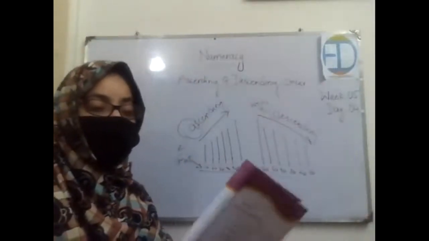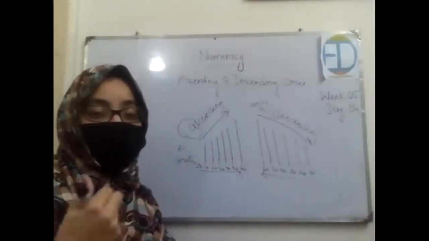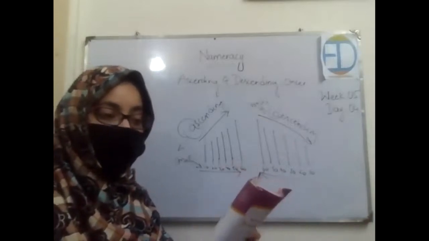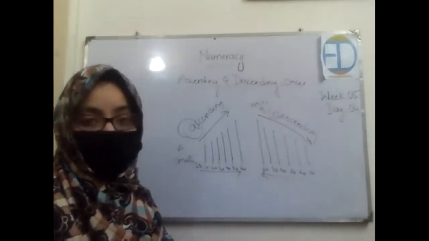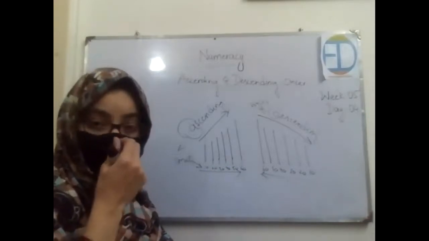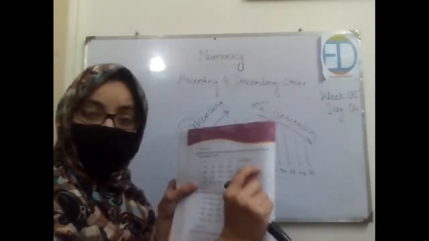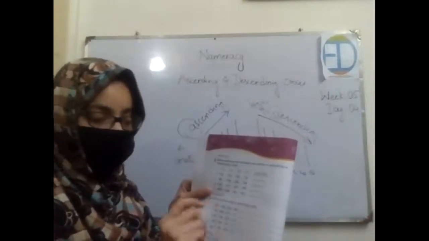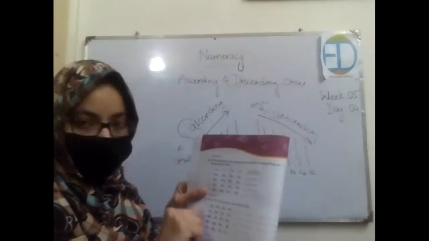This is your book page number 24 that we will be doing in today's practice as well. We will be practicing the three exercises. In the first exercise it says that write whether numbers are written in ascending or descending order. Now the numbers are already written for you. You are just supposed to mention whichever the order it is. Okay, the first one is already done for you. Now look at the second one.